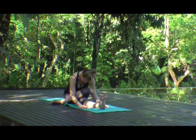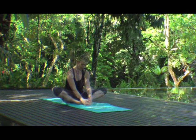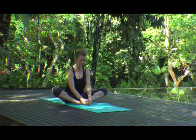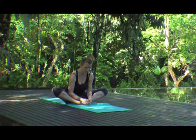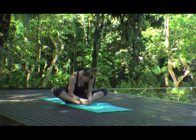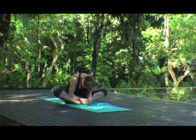Lengthening up as you inhale. You can then bring the soles of your feet together, gently pressing your feet together with your hands, lifting your breastbone, keeping your back straight, then gradually extending your breastbone forwards. Try and keep that lift in and up with your lower abdomen, and then you can just let your head drop down, your shoulders soften,